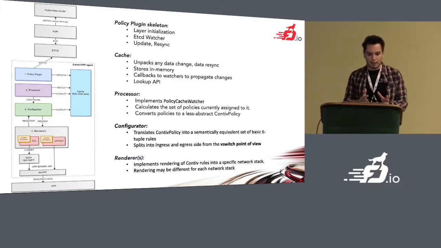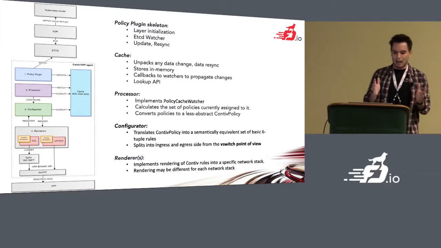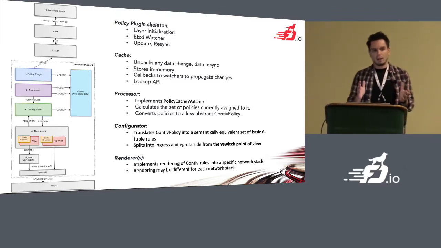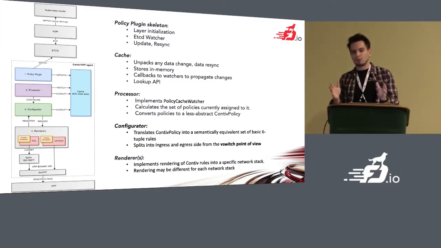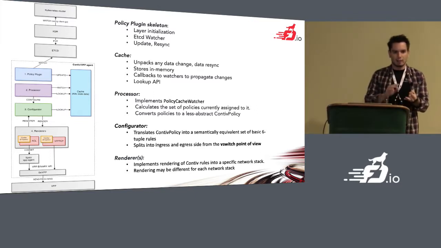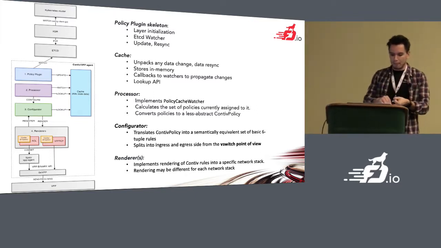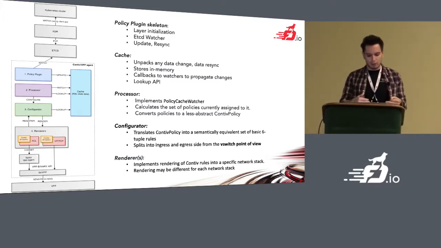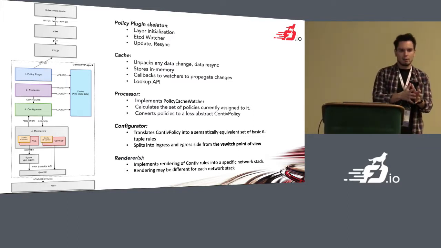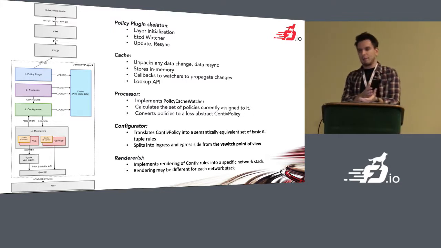We translate these policies to a less abstract Contiv policy, which includes all the pods that have been affected and all the policies that have been installed. And then we push that down to the configurator, which translates this Contiv policy into a semantically equivalent